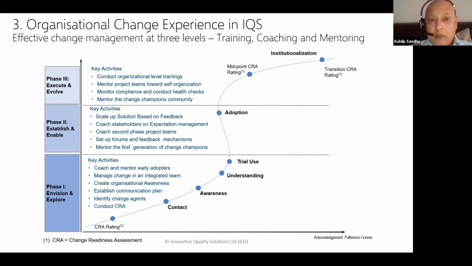How do you go about change? Well, one of the things that you can do is change readiness assessments, where you do a litmus test to understand how people are feeling about the change and understand their needs. You develop your change network, you develop your change agents, you develop an effective communication plan, you create the organizational awareness, you integrate teams, you coach and mentor those innovators and adopters, you learn from trials and pilots, you learn from successful pilots, you champion that